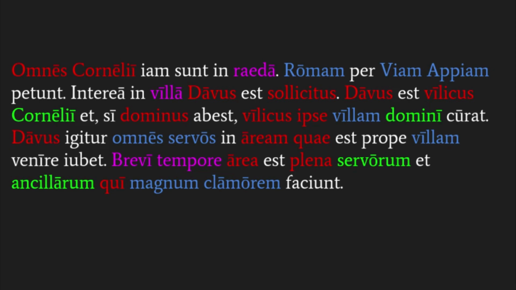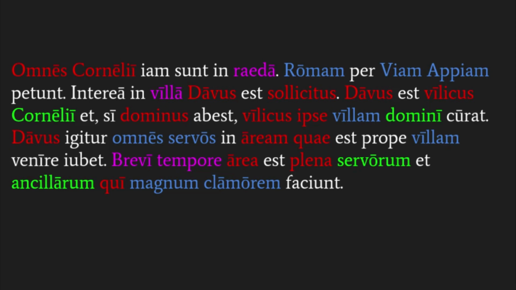So you're saying Davus is the overseer of Cornelius, and at si dominus abest, we have sort of a side thought here. If the master, the dominus abest, is away, and again, this is just a compound of the verb to be. So you have est, which is he, she, or it is, ab, meaning away from. So you're saying if the master is away. Vilicus ipse, the overseer himself, meaning Davus, the overseer himself, curat, takes care of, villam, the house. There's your direct object. Now here again, we have domini. And you don't want to get confused because the long I could be a second declension nominative plural noun, except again, it wouldn't make sense. First of all, you'd be saying masters, which doesn't really work.